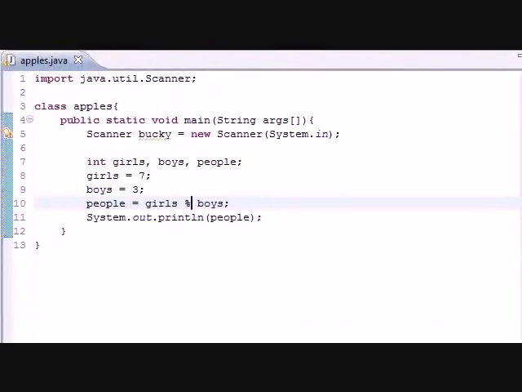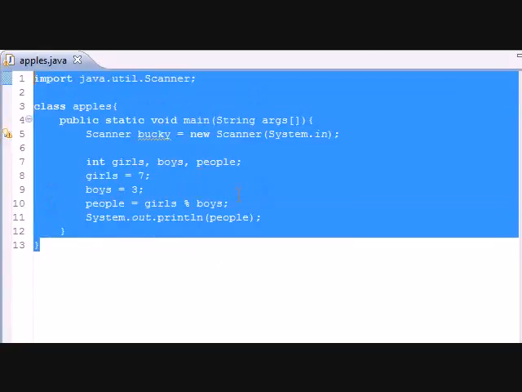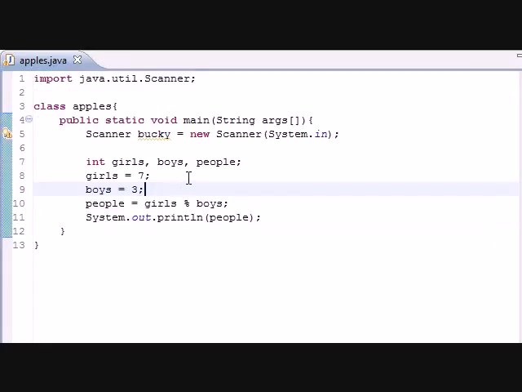But for now, I just wanted to show you guys what the int variable type was, and also how to use different math operators. So thank you guys for watching. Practice this little program, girls and boys and people counters, I guess. And once you get good at all the math